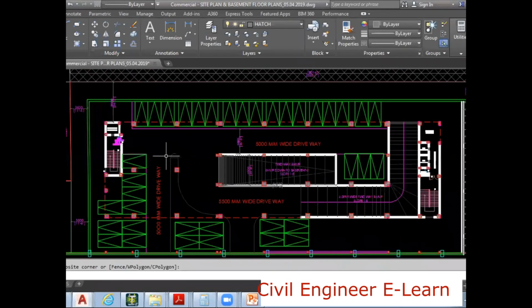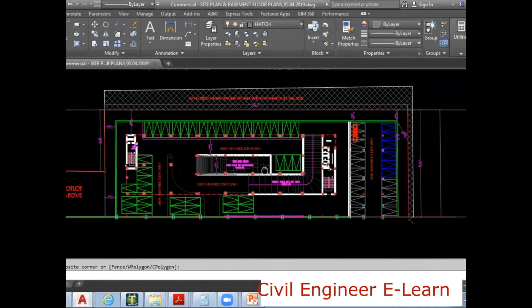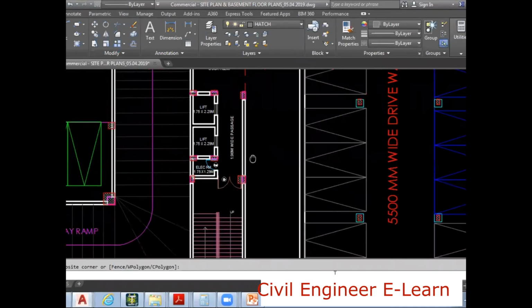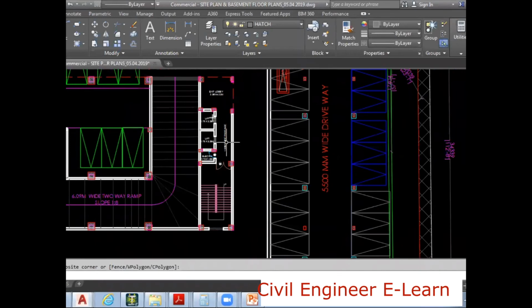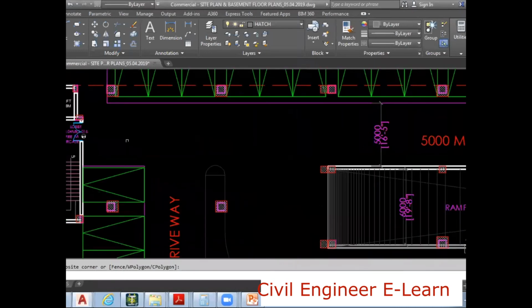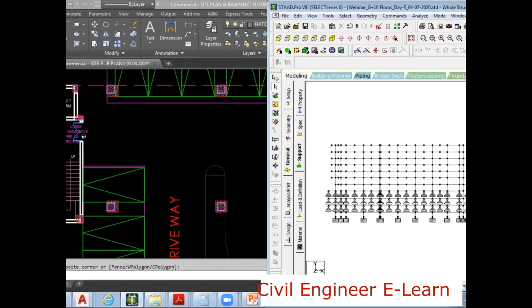Here I have a staircase and lift. Here also I have a staircase and lift. So I must maintain an extra projection, a headroom, from here to here and here to here. I'll go to this plan view.